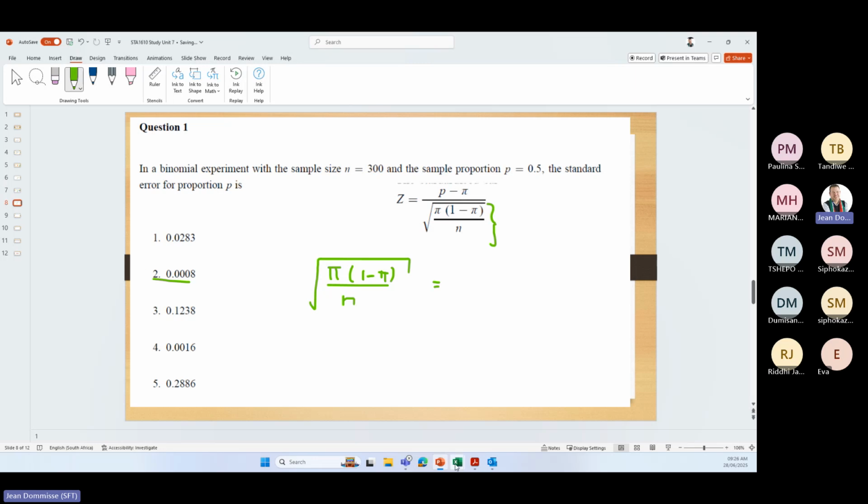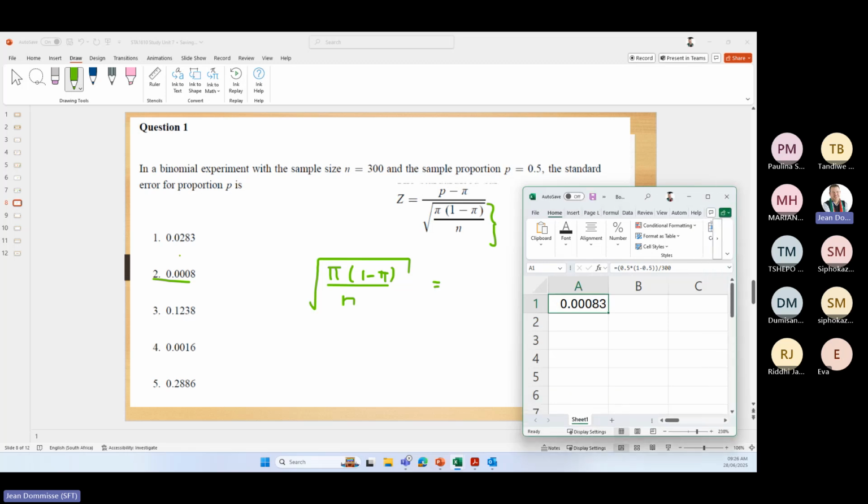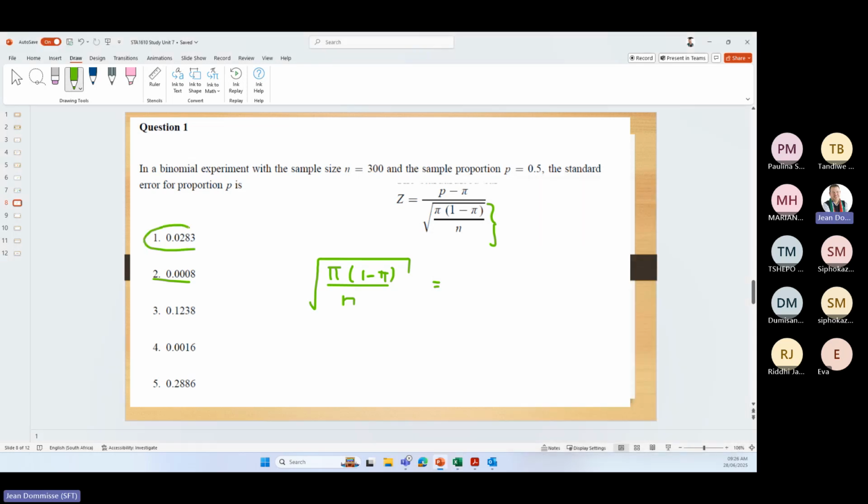So that's why you must be very careful. We haven't done the square root yet. Now we've done the inside of that square root, and we have an answer. So now we need to do the square root of that. If we take the square root, we see it is 0.02887. And if we round that off, there is our answer. So just be very careful.